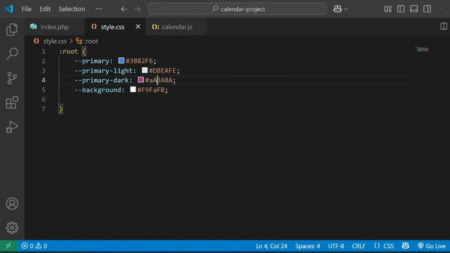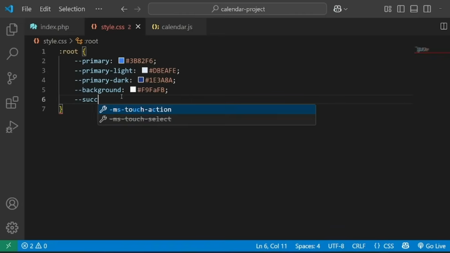I think this has to be a 1d, 1e, and then 3a, 8a. Yeah, and then we have to set the color of the success message to be as